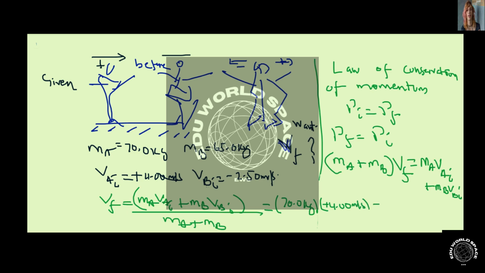We have a minus because the initial velocity of B is negative, so put the mass of B, 65.0 kilograms, times 2.5 meters per second, and then we divide all of that by the mass of A, 70.0 kilograms, plus the mass of B, 65.0 kilograms. When you run your numbers, you end up getting the common final velocity as positive